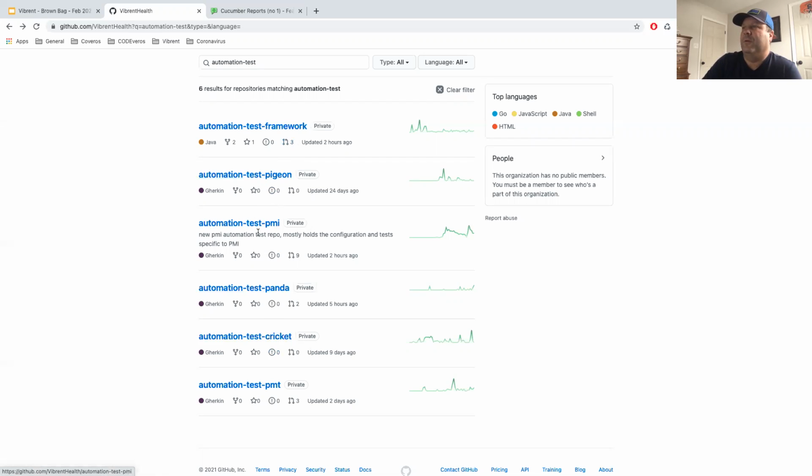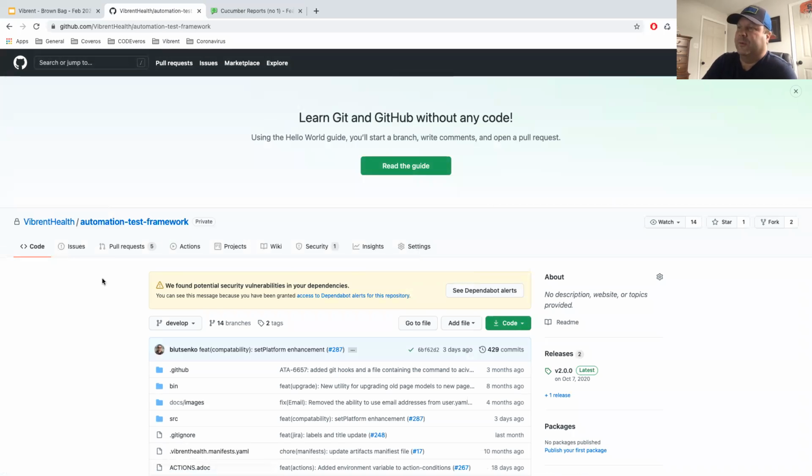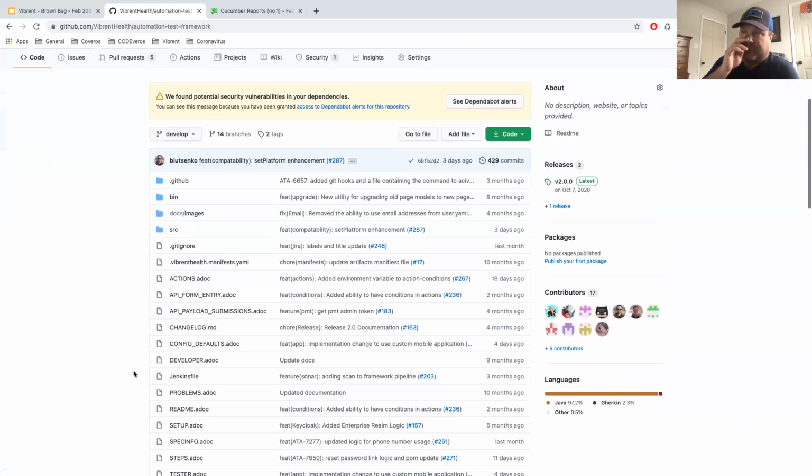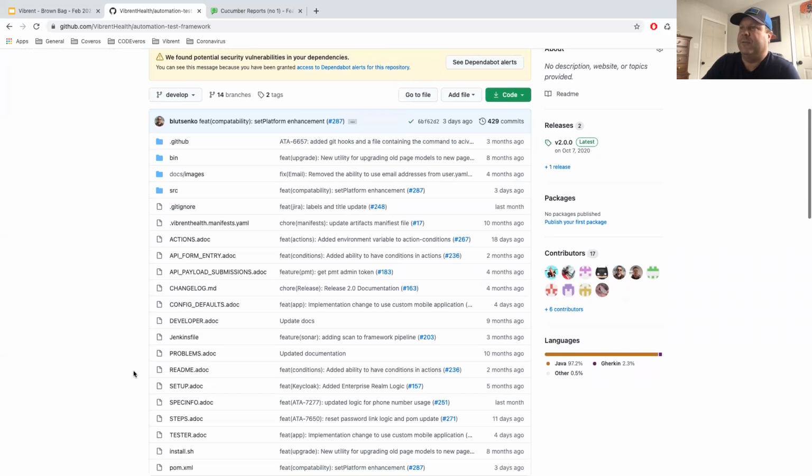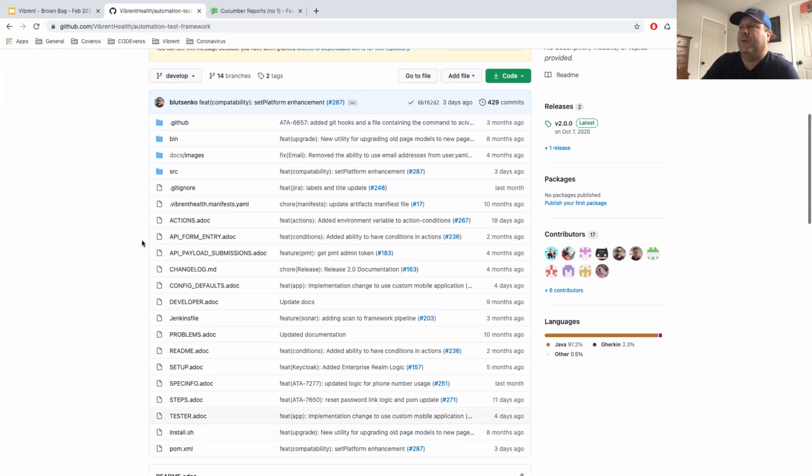So every single one of these, and I will be showing you PMI because that's the one that's built out the most, they're just using the framework for all of the work, and all the tests are written in these. One of the things that Benoit, who was the architect, was big on was making sure that we had a lot of documentation. So I just wanted to show all these